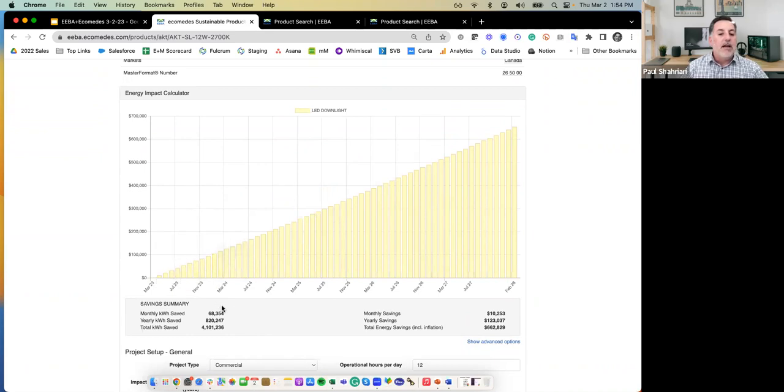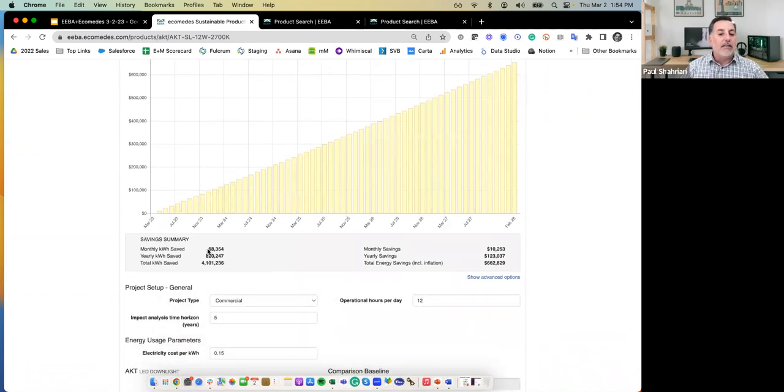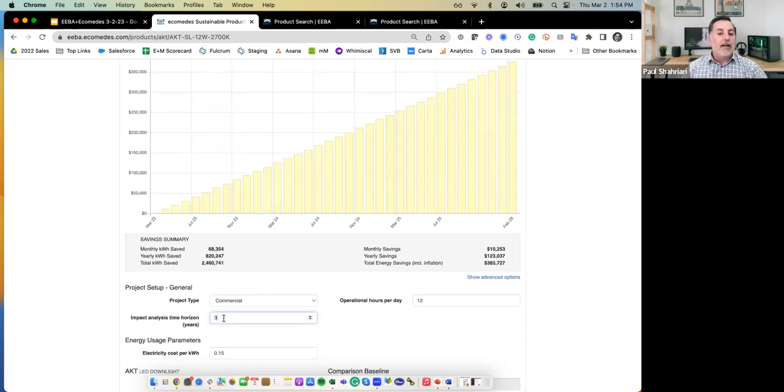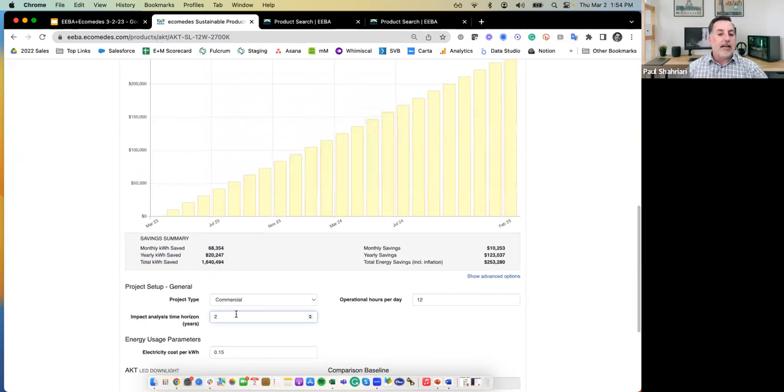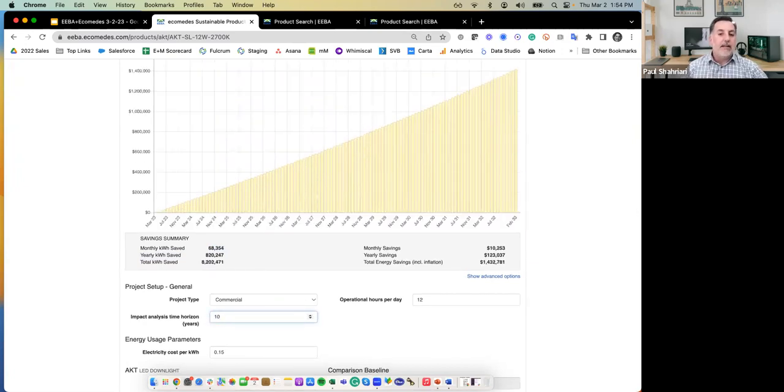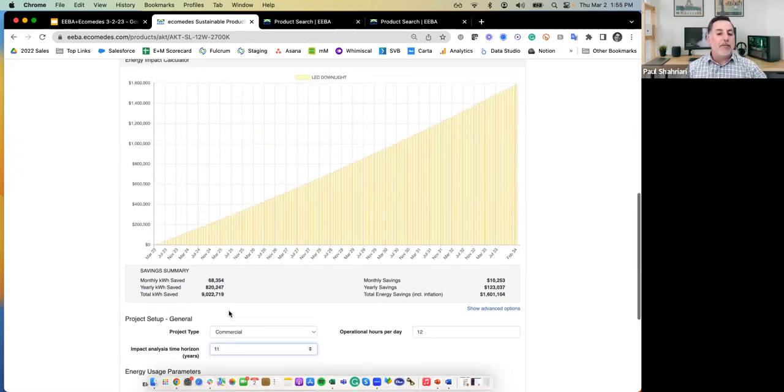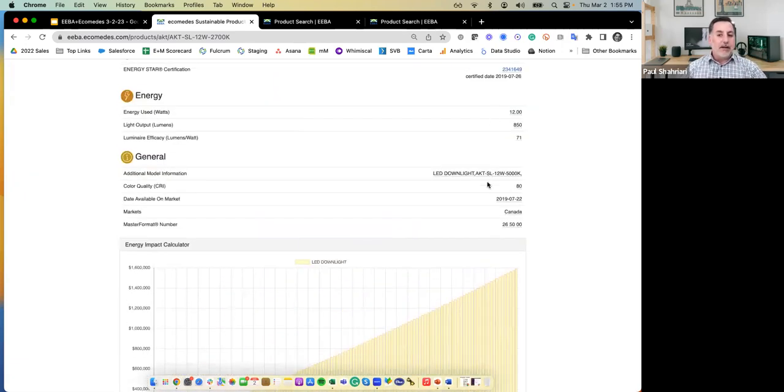And then over time, every month, it'll show you that you're saving about 68,000 kilowatts of energy, resulting in about $10,000 worth of savings if you deployed that many lights into your project. It'll then convert it to the years. And then whatever the length of analysis is, it'll constantly convert it. So if you needed a 3-year payback analysis, it will just automatically redo the calculation. If I went to 10, it would do it for 10. So it's really kind of responding to whatever your inputs are,